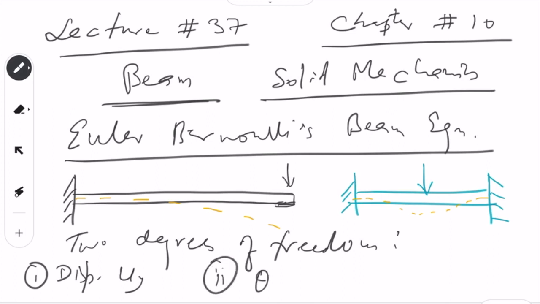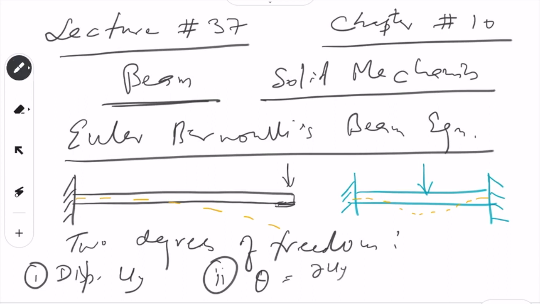theta. Theta is how much this is making the angle. So it is possible that it has some displacement. Let us say the displacement here and here is the same value, but there is a difference. The difference is here the angle is like this, and here the angle is like this. So here the slope is 0, but the slope is not 0 here, hence there is a difference between the two. So this theta is the slope basically, and this is equal to